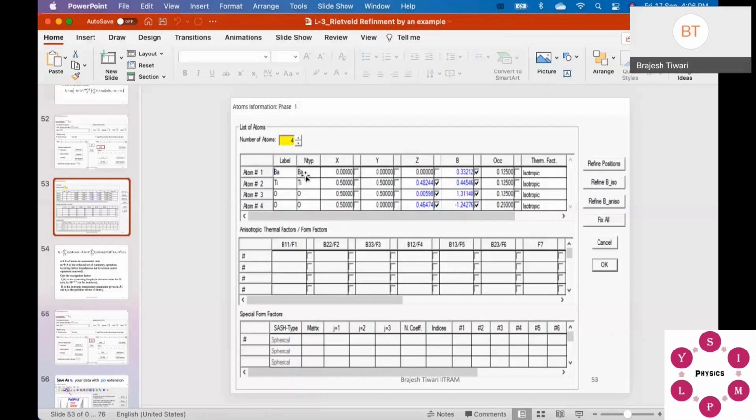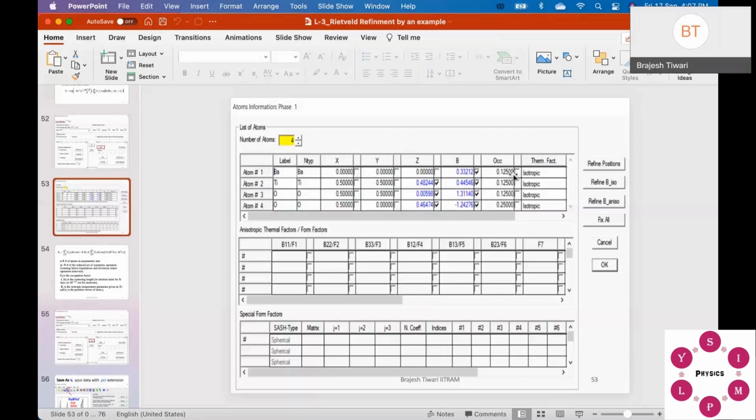If you think that your atom is not going to the barium site, it's going to be the strontium site, so accordingly you write the atomic position here. These boxes will come down at the 5th level. Okay, sir. Suppose it is on the strontium site, you add those things, and whatever you are getting for this one, you add it here. Don't refine first. And then whatever value is written, 0.125, that is the occupancy. So you know that instead of barium, it's not fully, it's a little bit less.